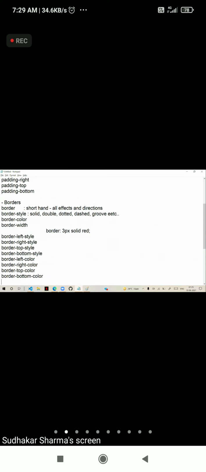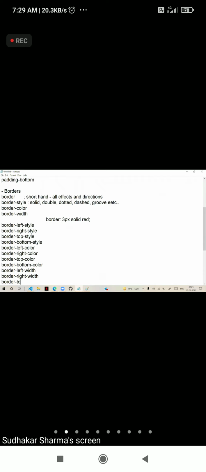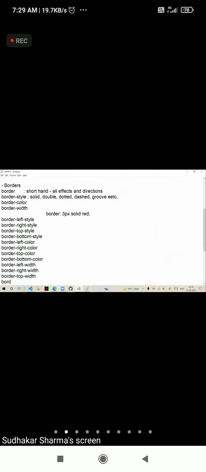Similarly, we have border-left-width, border-right-width, border-top-width, and border-bottom-width. So many attributes are there for border, so that you can change them separately.